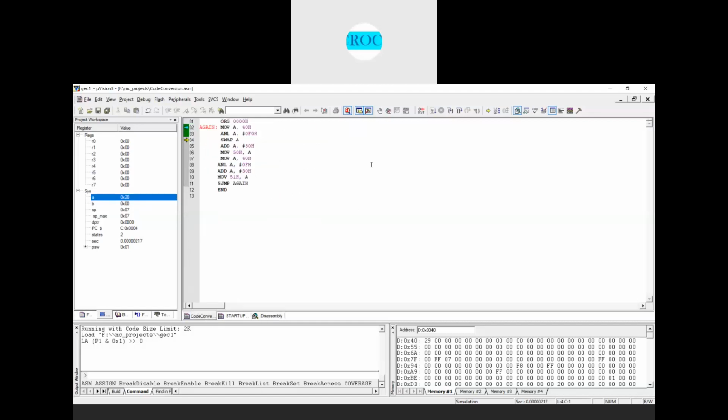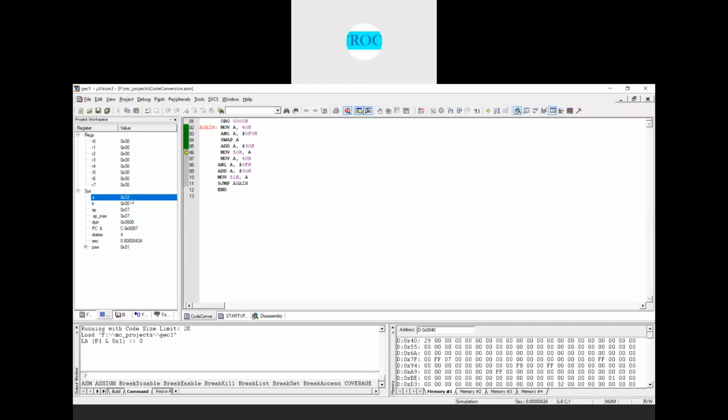Next I do the swap, so that the higher nibble will become the lower nibble and the lower nibble will become the higher nibble. After the swap instruction we have 02. Now this is an unpacked BCD number, which is 02. To this unpacked BCD number I will add 30. When I add 30, you get 32.